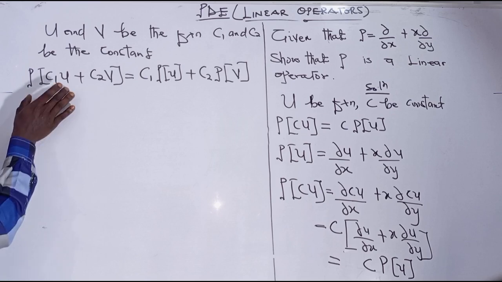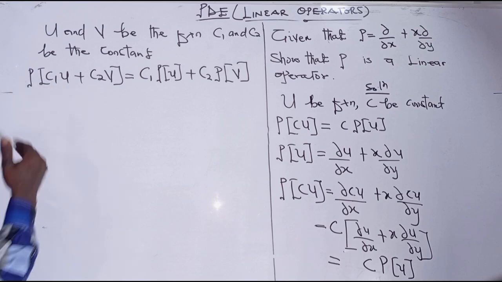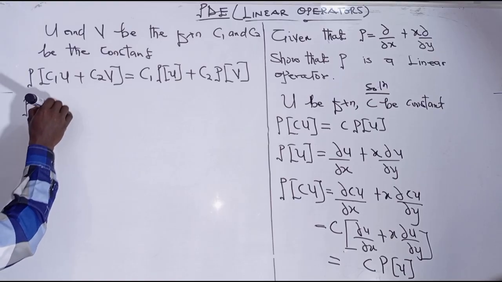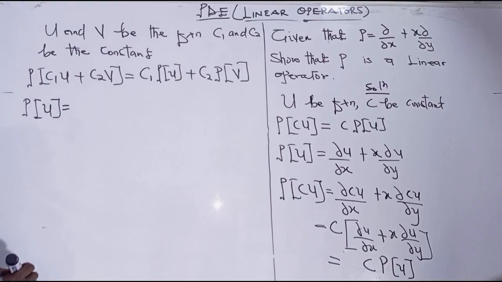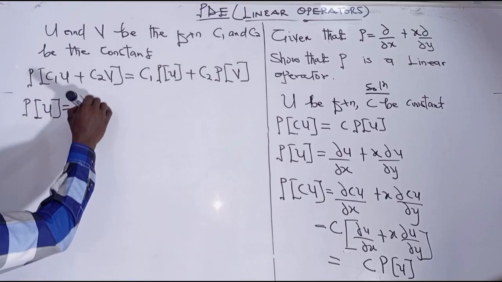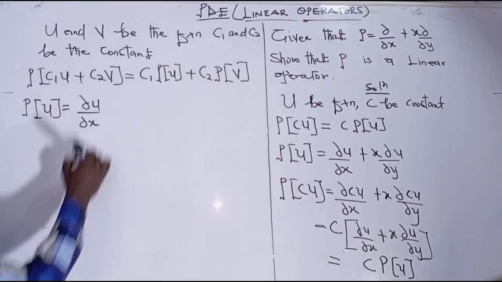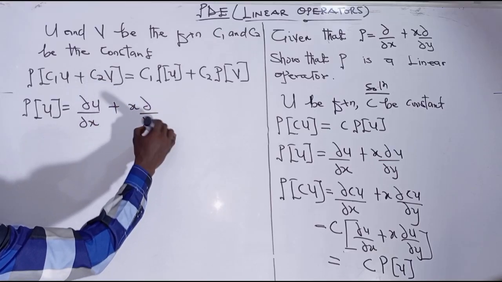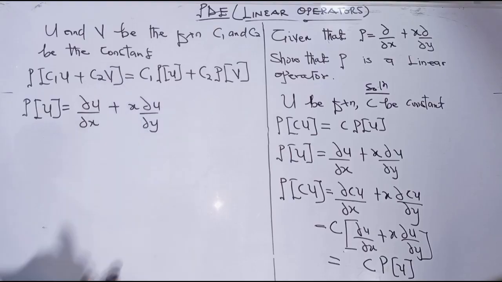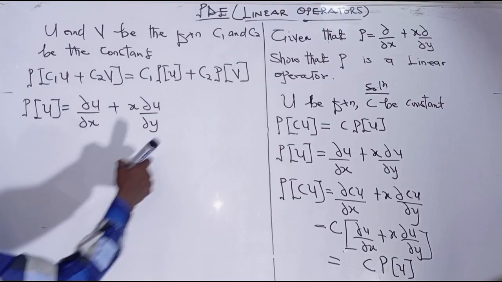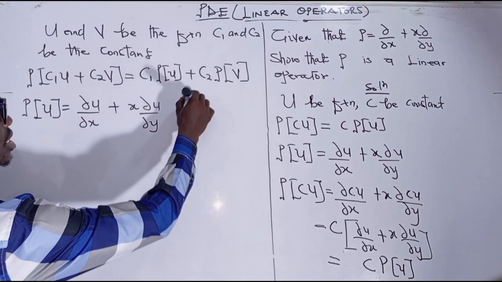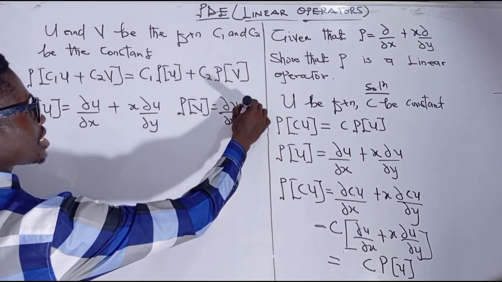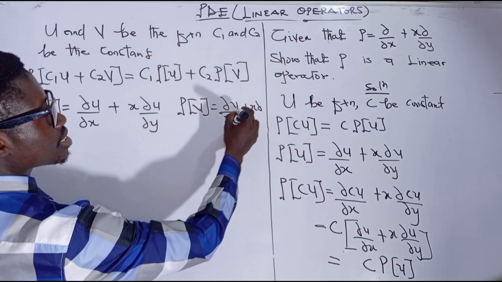So what we are going to do is find our PU and then PV. From here, our PU, that's P operating on the function U, the operator is del x, so we have del U del x, plus x del U del y. We are just going to attach our function to it. So that is P operating on U. Then we move on to P operating on the function v. We are going to have del v del x plus x